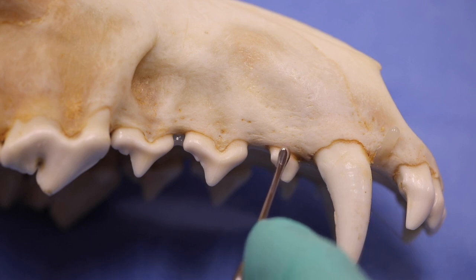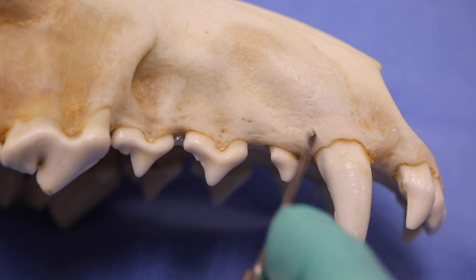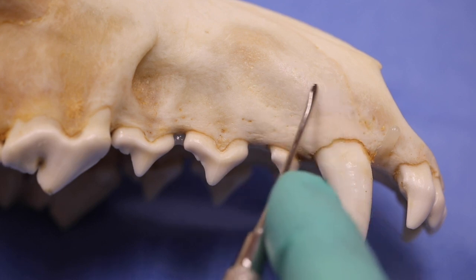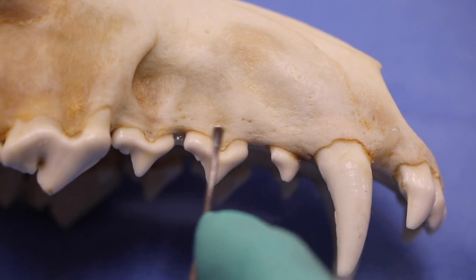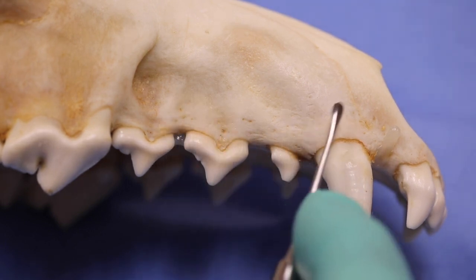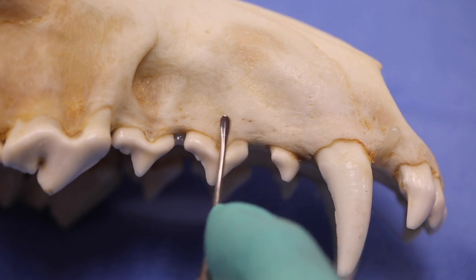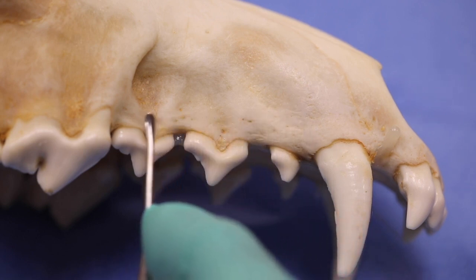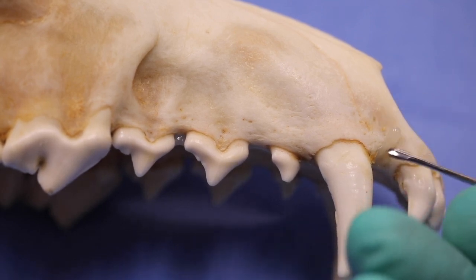We get down in there underneath the marginal bone, and that gingiva underneath the junctional epithelium here is attached to periosteum very firmly throughout a whole zone. So what we want to do is go the periphery of that whole zone of that attached gingiva. So it's really thick here, and it starts to trail off a little bit as we get down to the third premolar here. It gets thinner, but the main thing that we want to keep in mind is that